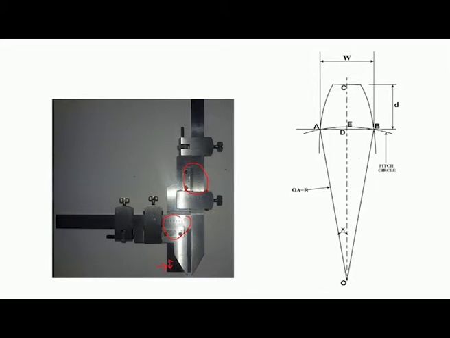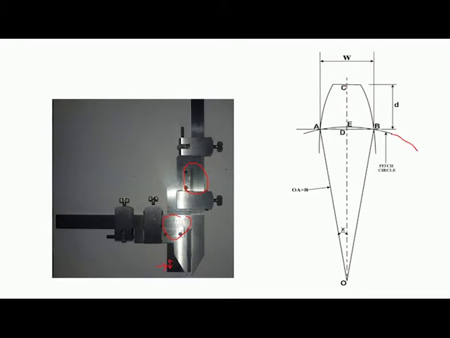Now, you can see this geometry of the gear tooth. We have the pitch circle, and this is the top land, and this O is the center of the gear, and OA is the radius.